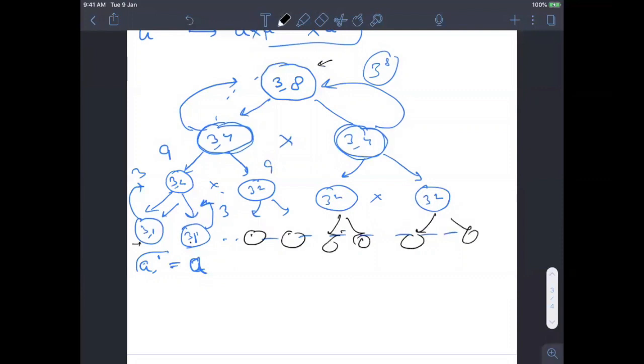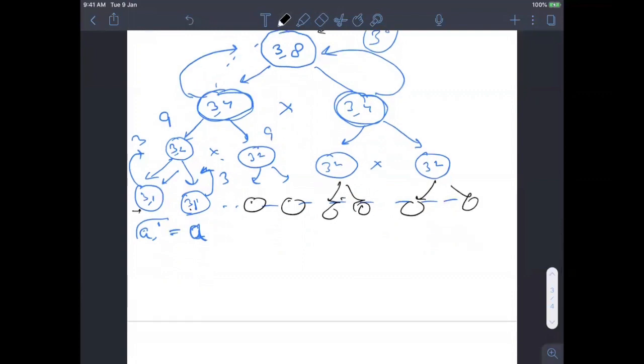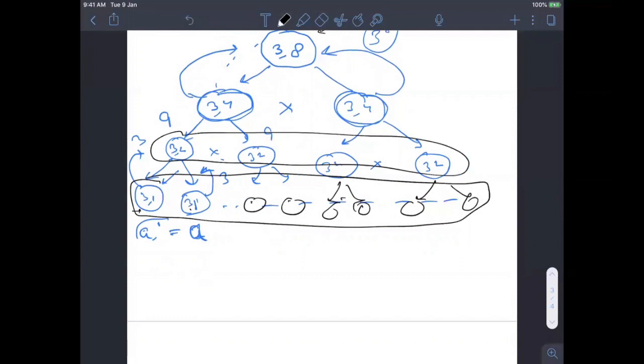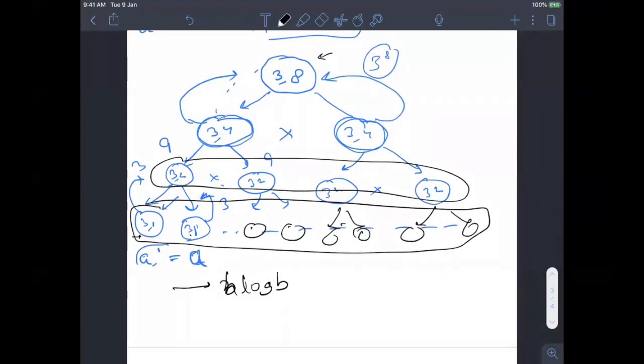Right now the complexity has even increased if you see, because 8 nodes are here, 4 are here, and then 2. So basically, by our code, the complexity is n log n. If I write in terms of b, it will be b log b, because at the end there are b nodes, then b by 2, and so on, so it will be b log b. So yeah, we were trying to optimize it, but we have increased the complexity.